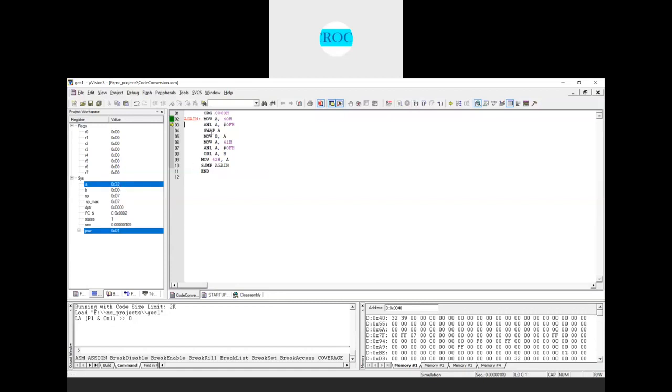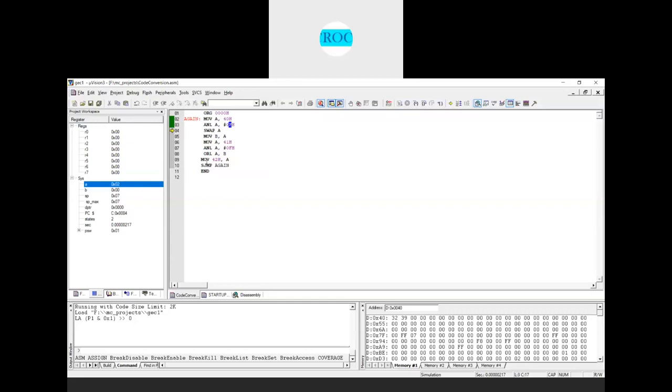Next I'll perform ANL A, #0FH. Since the lower nibble is F, after performing the AND operation with the accumulator content 32, it will be stored as 02, because we are performing AND with 0F. So you have 02 in the accumulator.